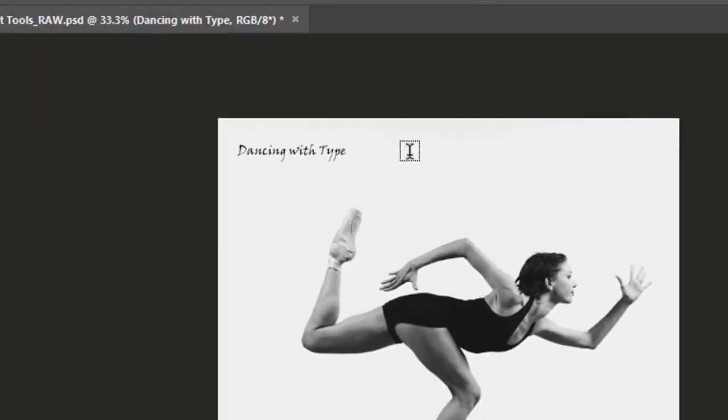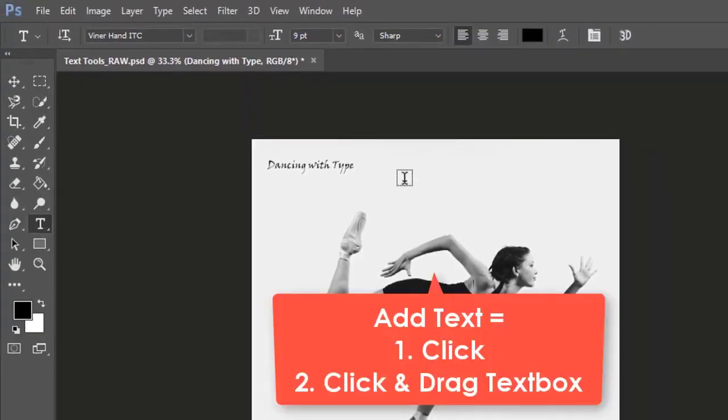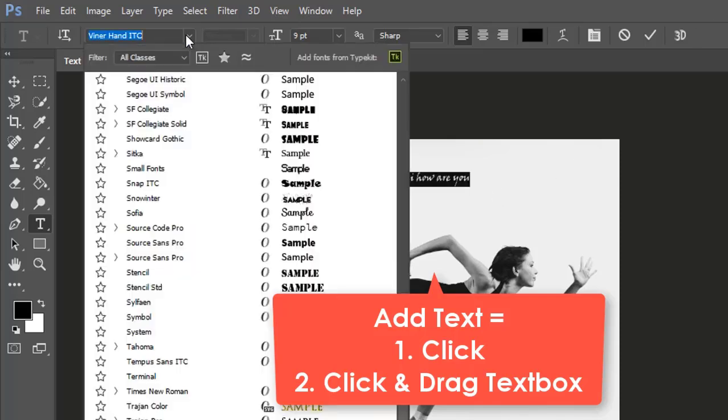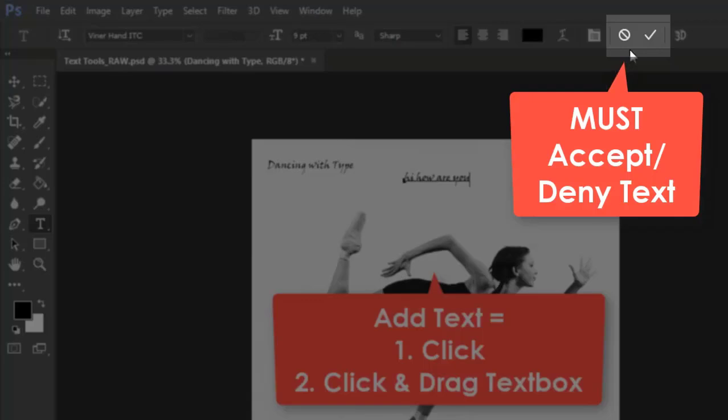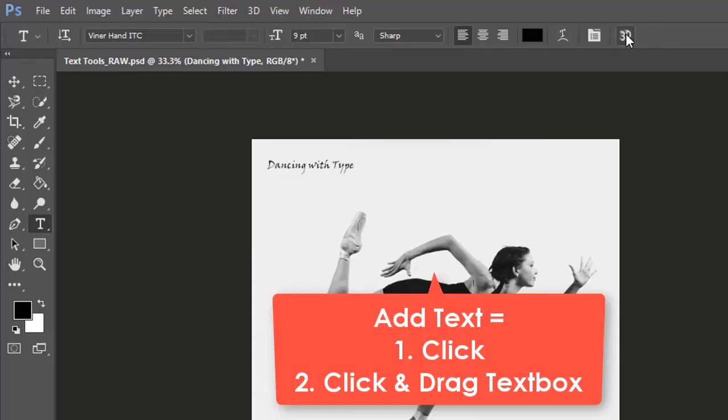And so the first way that we can add text, just like in Illustrator, is simply by clicking. And when I click, it's going to fill it out with some pre-populated text, and I can type in whatever I want. So, hi, how are you? And if I want to change my text, I simply highlight it, and I use that tool options bar to change it. Anytime we use text, it works the same as a transformation tool. So after you've typed it, you have to check, yes, I want that, or no, I don't want that. I'm going to go ahead and say no right now, so you can practice the second way,